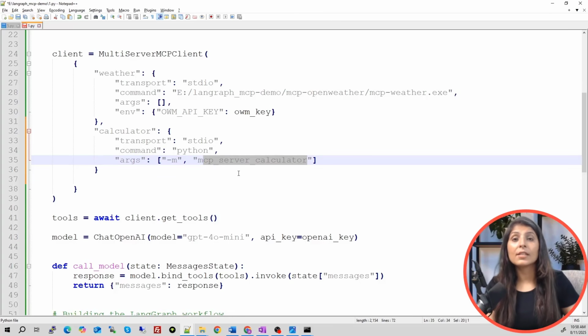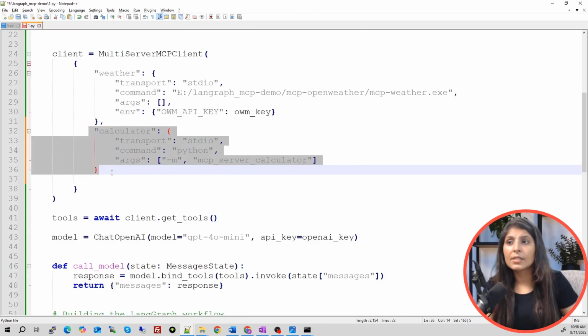Okay, that's it. By writing this, we are connecting with the calculator MCP server, and now you can use the services of that. So guys, this is so simple. We have only written code related to the connection establishment between the client and the MCP server.